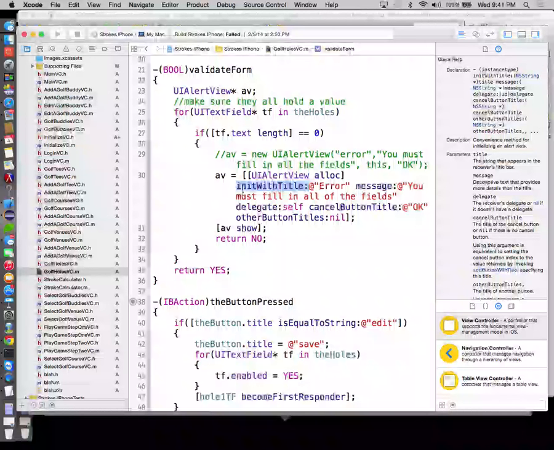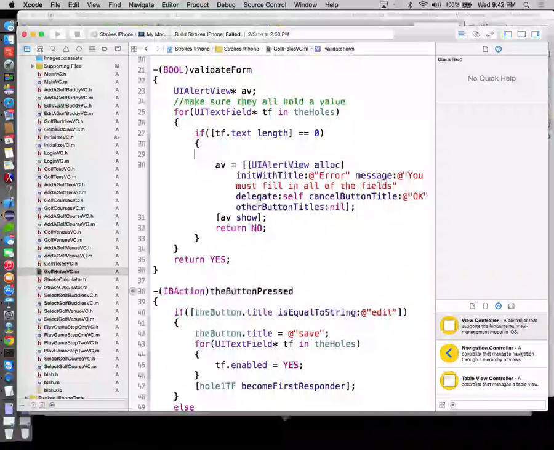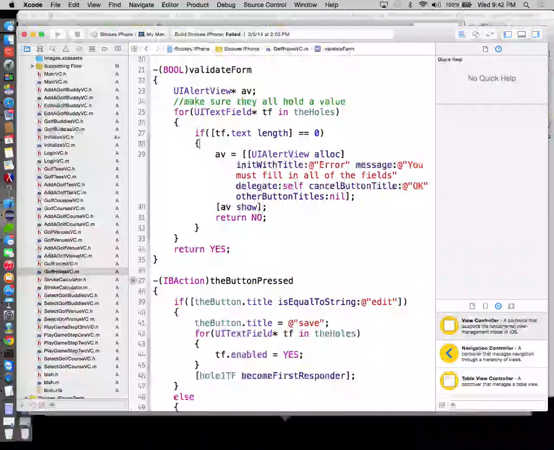This is part of the syntax, init with title. And then I'm going to pass it a title, as opposed to it just expecting a generic string. All right, so in any case, we can see that Objective-C, while still very much a C-based language, you know,